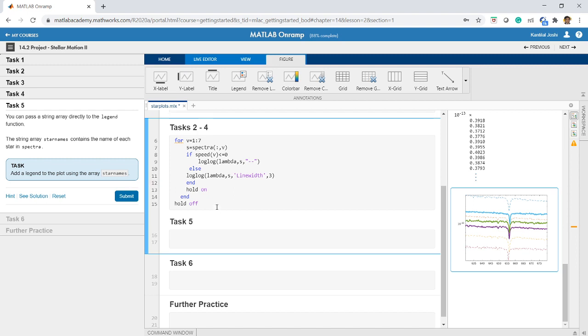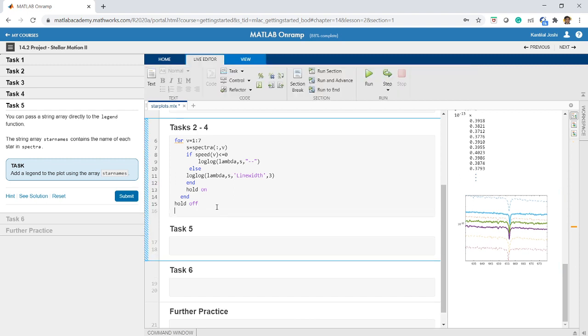Okay, so can we do this? Let us try this. This is required in task 5. So I should say legend star names.